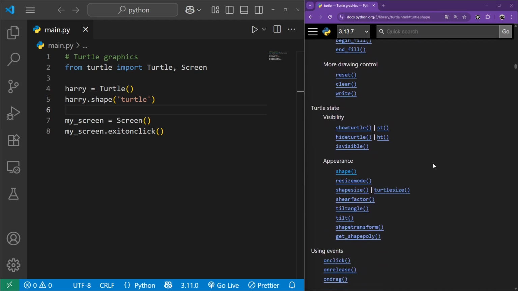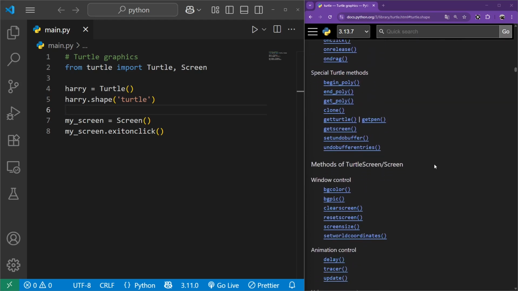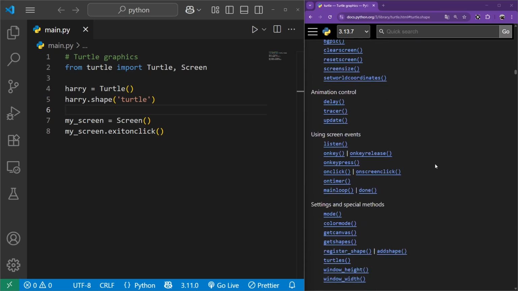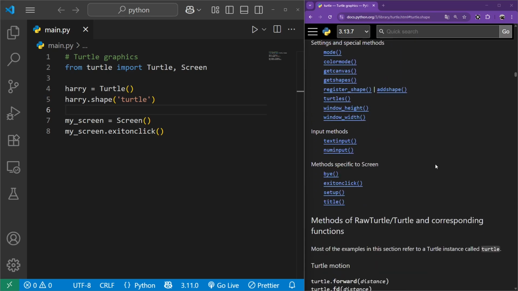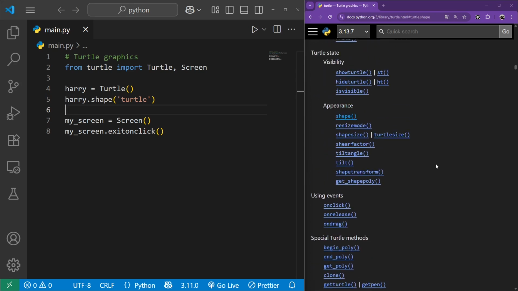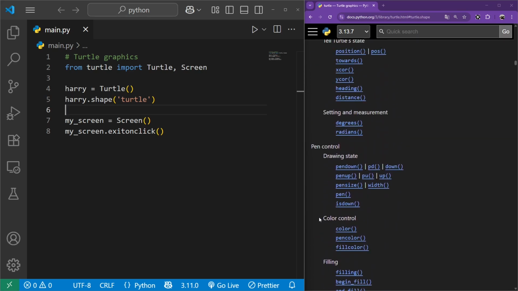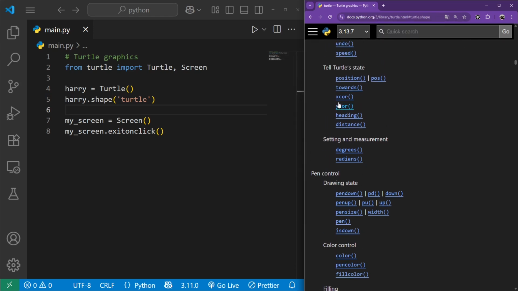So we need to find the option which changes the color. So I guess maybe it will be something like color. Okay, so if you don't know where it is, it's here, color control. You can press Ctrl plus F and try to find it,